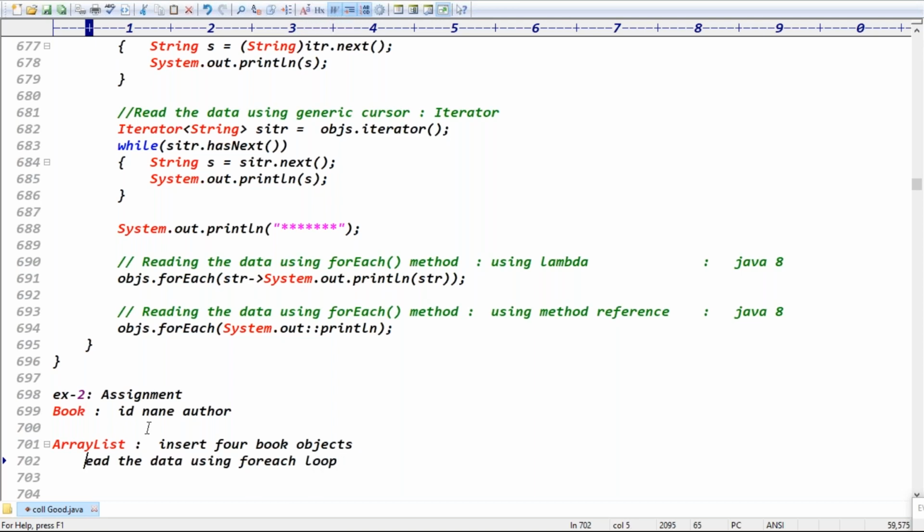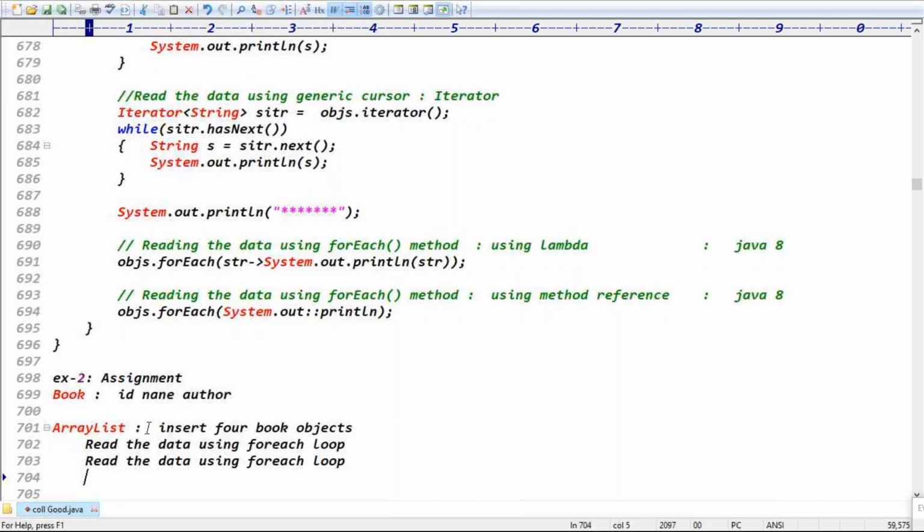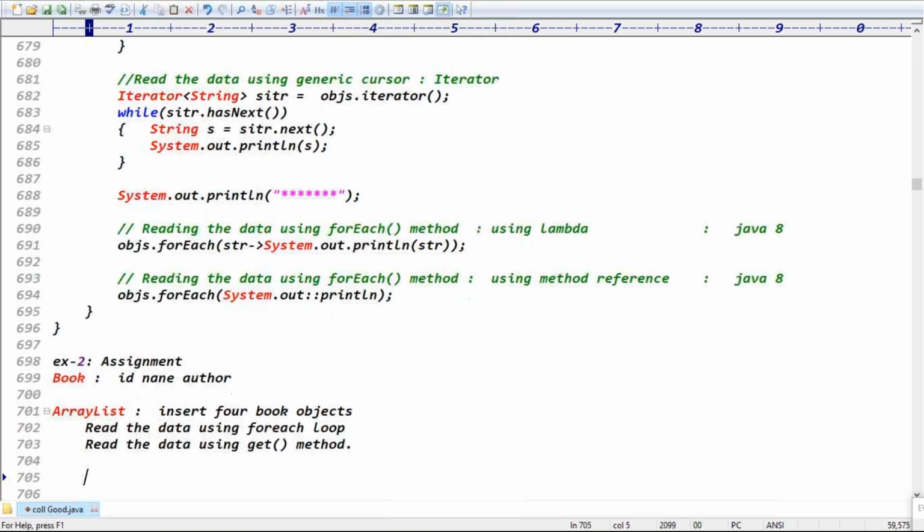Second one is what? Using the get method. And the third approach is what? I hope you know how to use the iterator cursor, right? The process is the same. Here we're getting the iterator object, but if you want to get a list iterator object, what we have to do is call the listIterator method, then iterate on the list iterator object. The hasNext method is common, the next method is common, right? You will apply the list iterator object here to read the data.